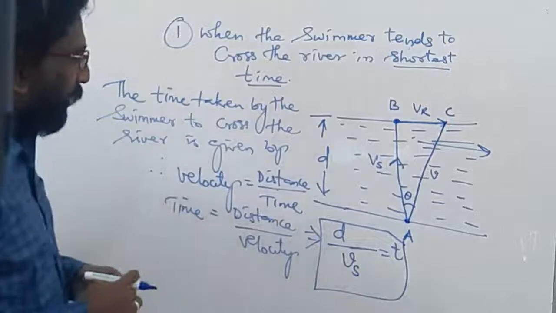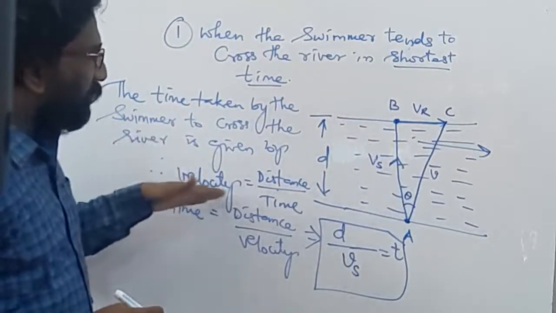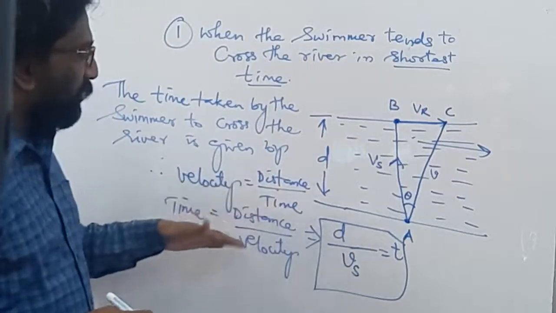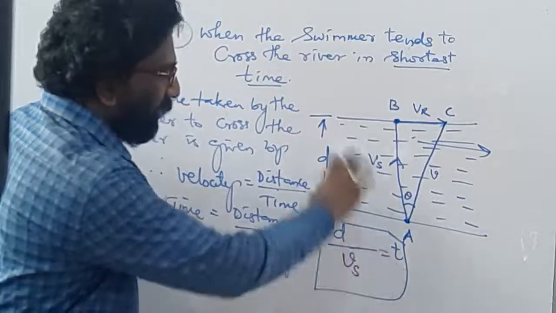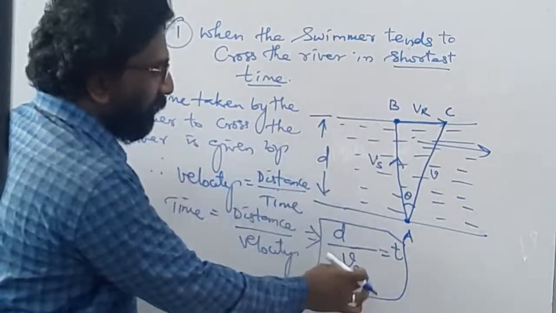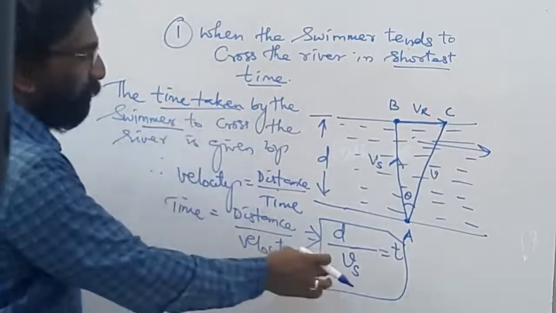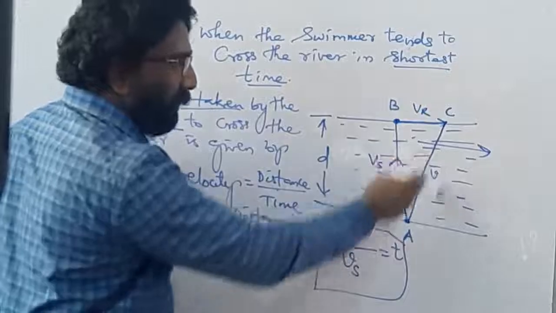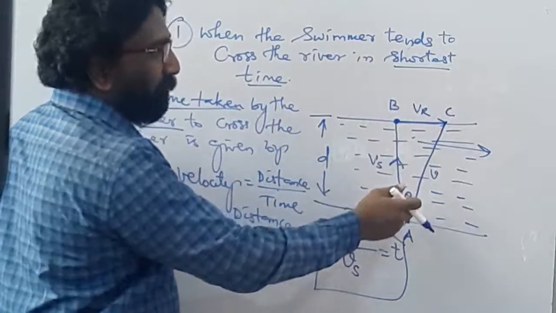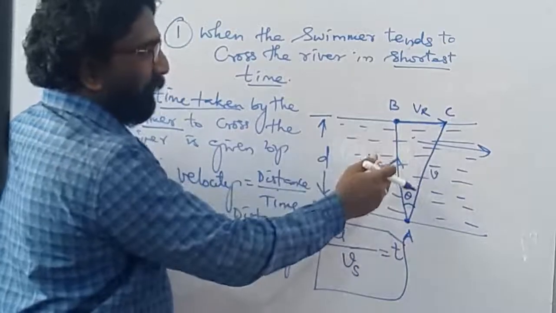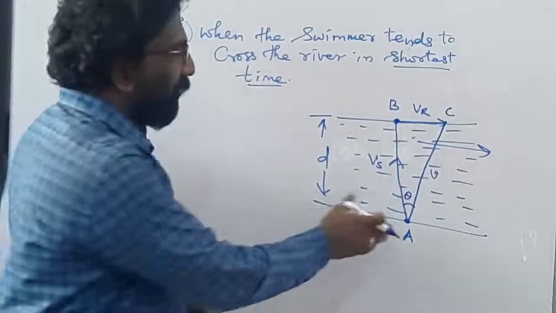Vs. So now here the time taken by a swimmer to cross the river is given by velocity equal to distance over time, time equal to distance by velocity. That is, if time is equal to t, then distance is equal to d, and it is only for the velocity. We are calculating the time taken by a swimmer, so it is not the complete net velocity of the particular person, but only the velocity of the particular person. So it is d over Vs. So see now, just now we have calculated the time.